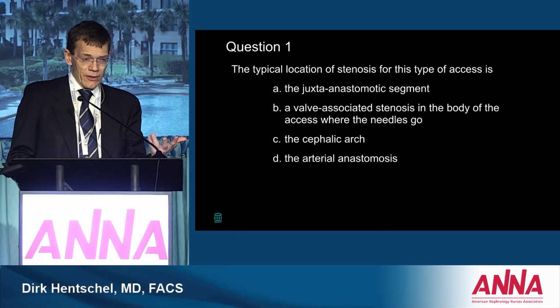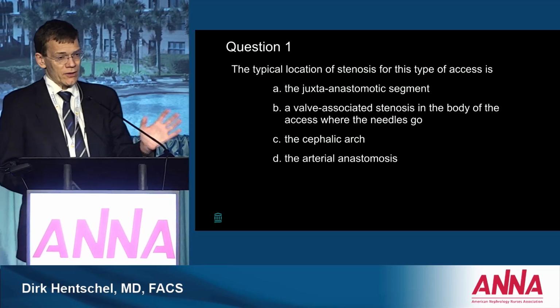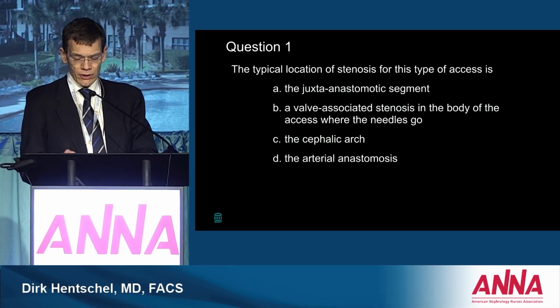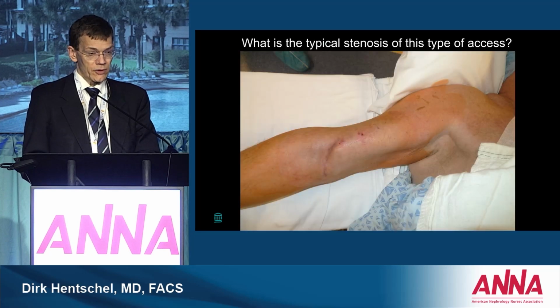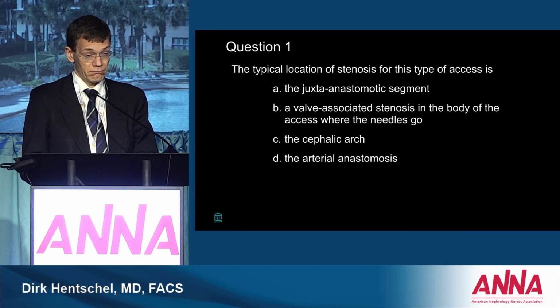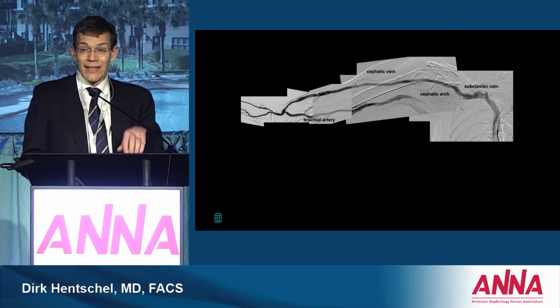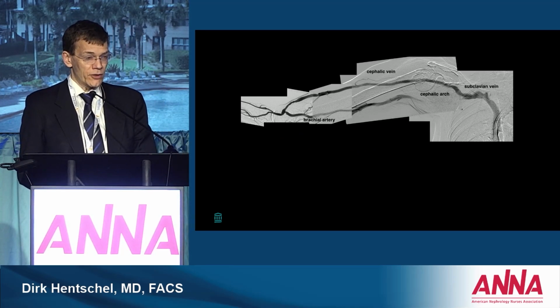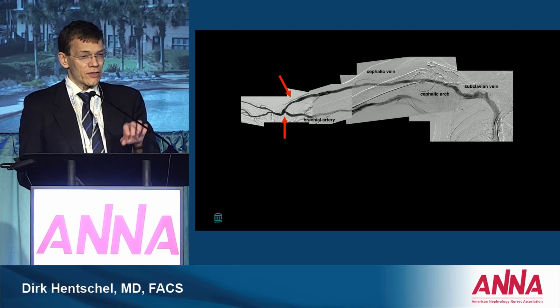And so the typical location for this type of access: juxtaanastomotic, valve-associated stenosis, stenosis in the body of the access, cephalic arch, arterial anastomosis. Just go back, show you the photo again. It's an upper arm access. All right. In this case, it's the cephalic arch, and we'll go a little bit about the stenosis that you typically find. Here's the angiogram of an upper arm brachiocephalic vein fistula,